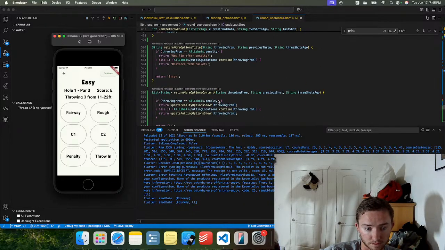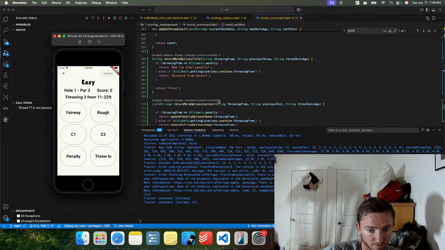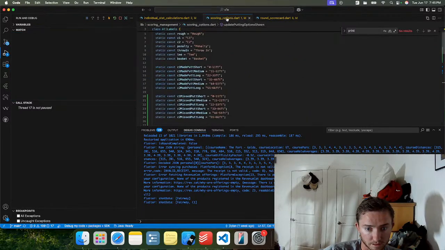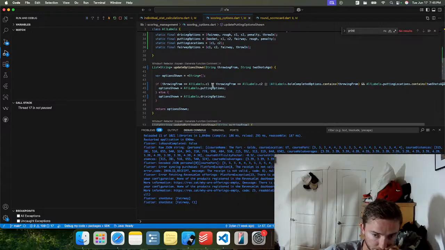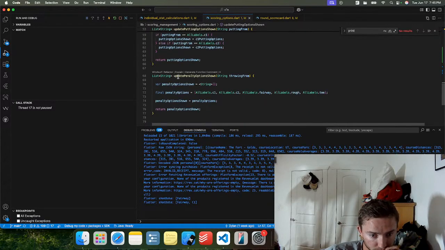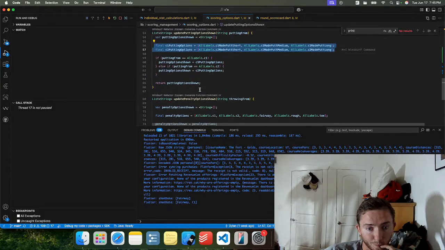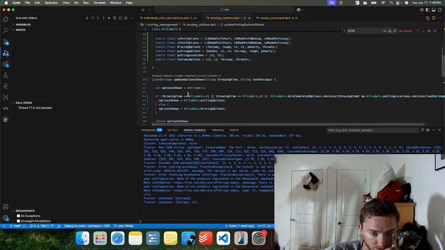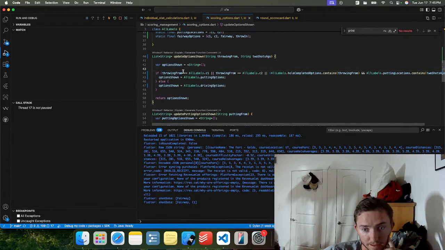Okay, so returning more options, or not returning more options content. Update options shown we need to fix here. We'll need to mess with penalty too. Let's do this one first. All right, option shown. Throwing from. If throwing from is equal to